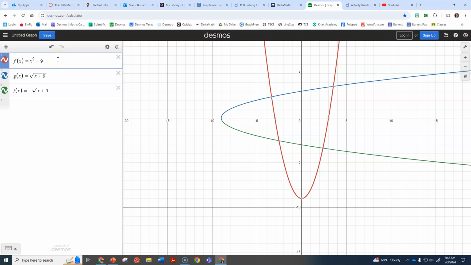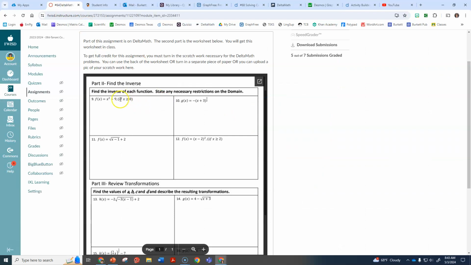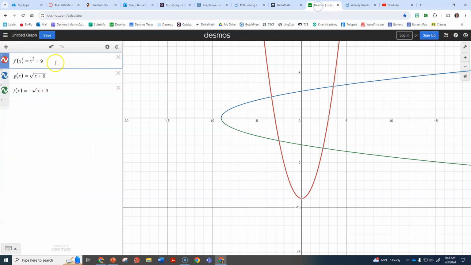And the way that I gave you the restriction when I gave you the worksheet, I said, let's only look at the positive x values. Okay, so the way you type that in here is you put the little braces and you say, I only want the positive x values. And so now we have the quadratic restricted, and we can see that we no longer need both pieces, but